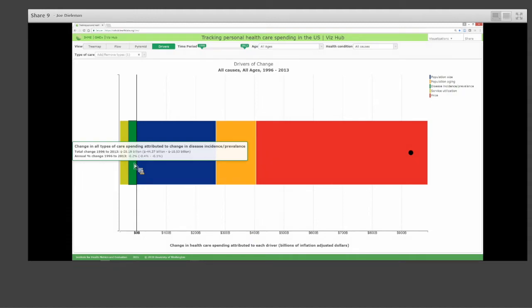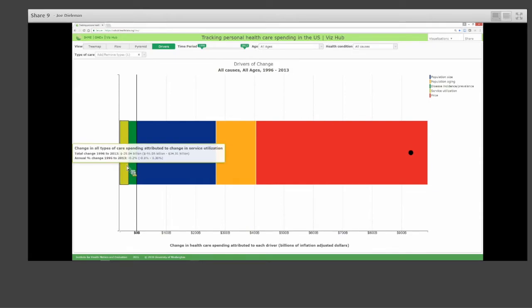healthcare. The next factor is the utilization, and because we've made gains in essentially limiting the amount of days spent in the hospital, this fourth driver is actually a reduction of healthcare, so it's left of the zero line, meaning it led to a reduction in healthcare spending. And you can see that there was a reduction in spending of roughly $30 billion due to changes in